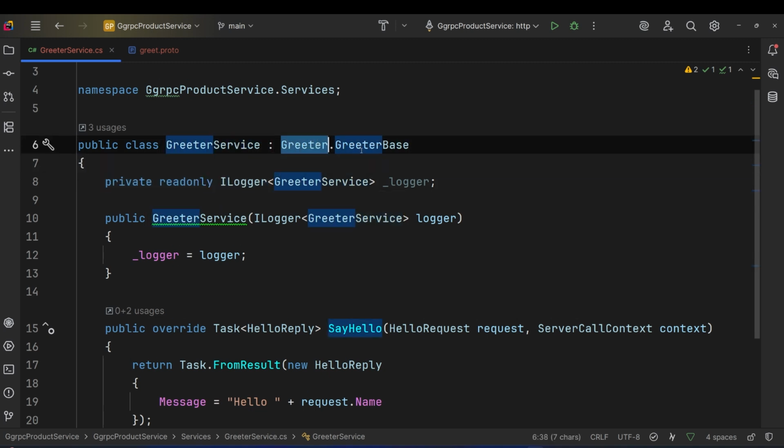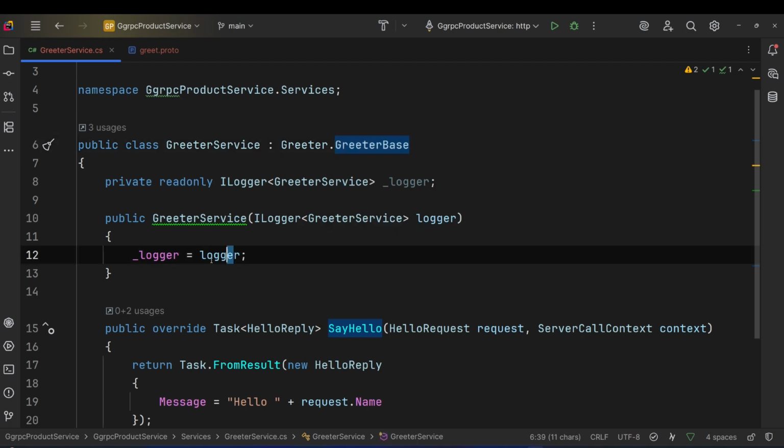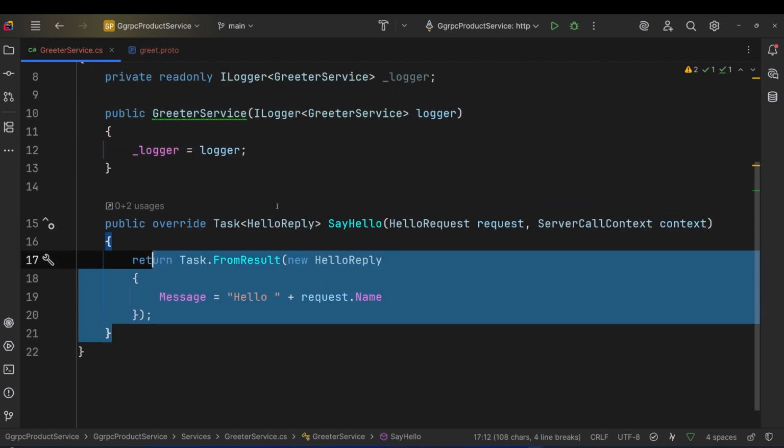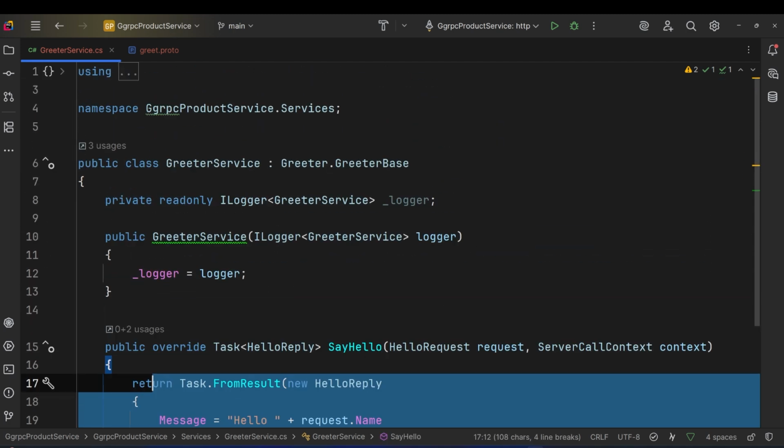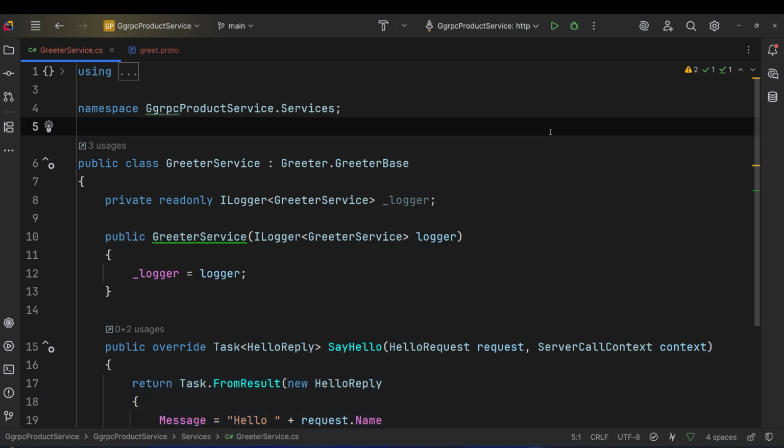So we go to the greeter, and then you see that we have greeter base. Basically, we are accessing this because it has been generated for us, right? So this is it, and then we do the normal .NET stuff. So let's get started, but we are going to use Postman as our client to make a request to the gRPC